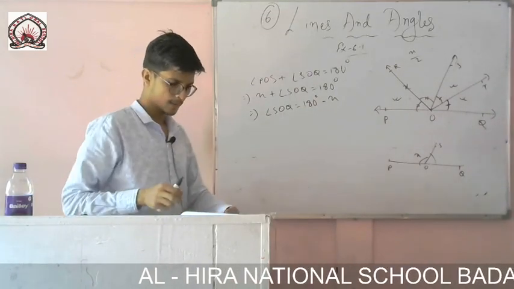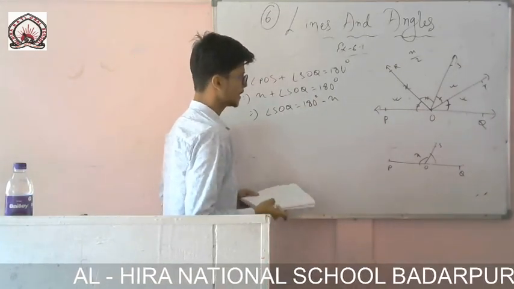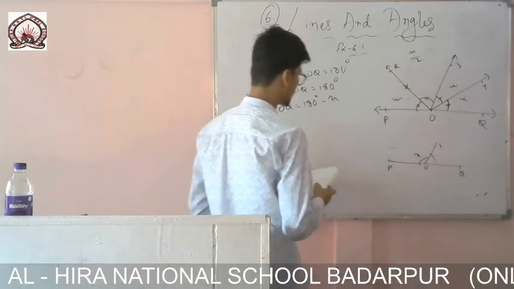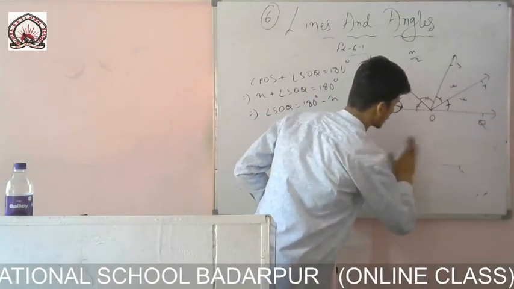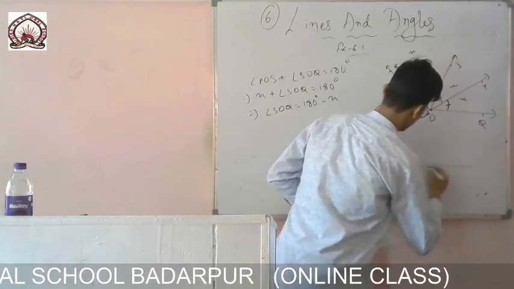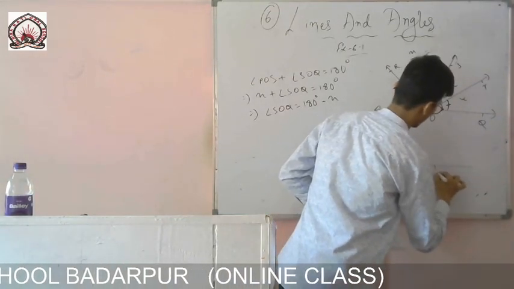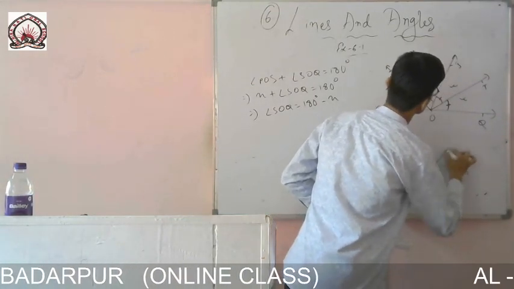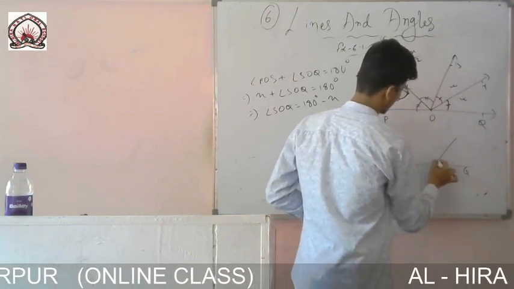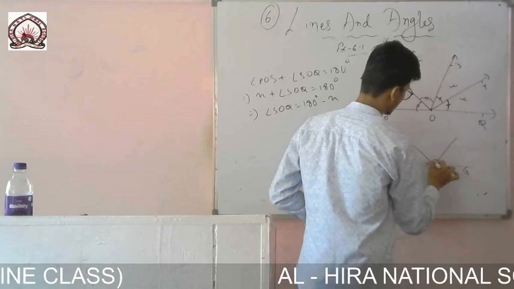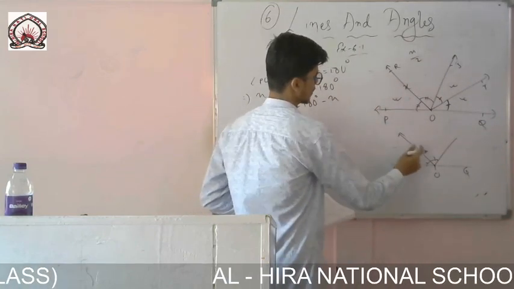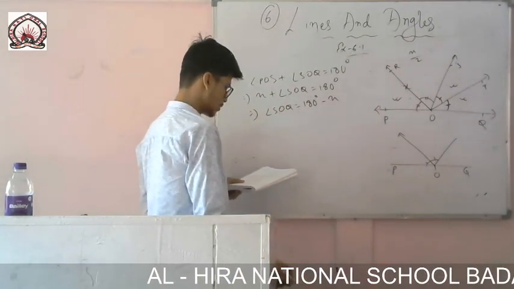So you see here, ROS is given, and it says that OR bisects the angle POS. So angle POS is bisected by OR. I am erasing this one. I am doing it here. You see here, POQ. So it is given like this, that this one is bisected by this line, and these two angles are the same. So that means the half of the whole angle it will be.